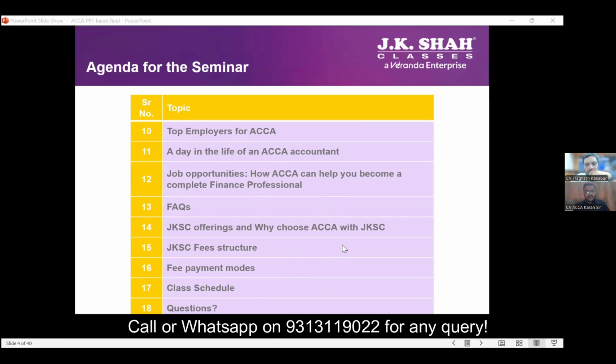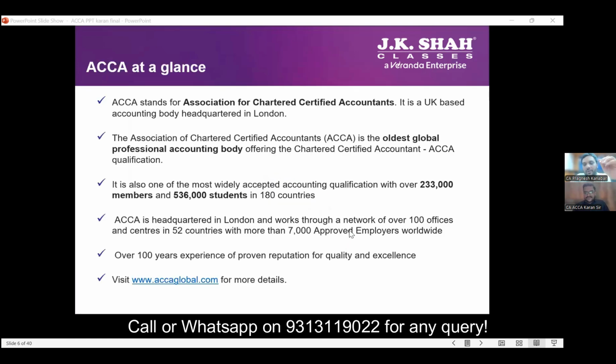So for students who need to understand why I've invited JKSC on my platform, because they'll be like, boss, you are competing on other subjects and you are inviting for foreign courses. There are very few approved learning partners with the ACCA Institute, and JKSC is one of them. They have gained the license to teach this officially. If you go on the ACCA website also, you will find the class name over there, which has been acquired by JKSC. So you will see that it is an approved learning partner. So that is the reason that we have invited.